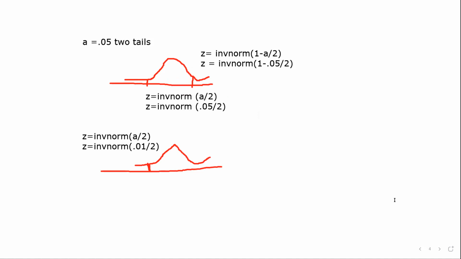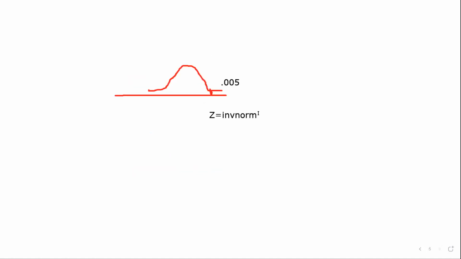So here, this is going to be, let me actually do this first. Let me go over here. This is going to be, we're not splitting it. So this is just 1 minus my alpha. Okay. And it should be a positive number. So this is going to be 1 minus 0.005. That's going to be my inverse. So here I have